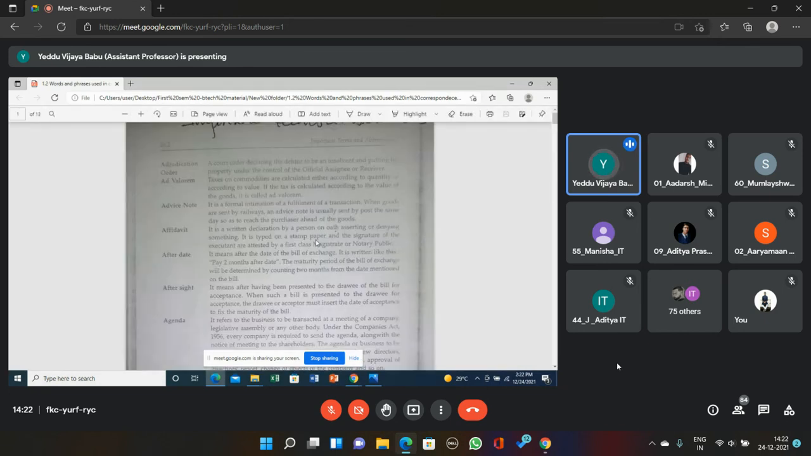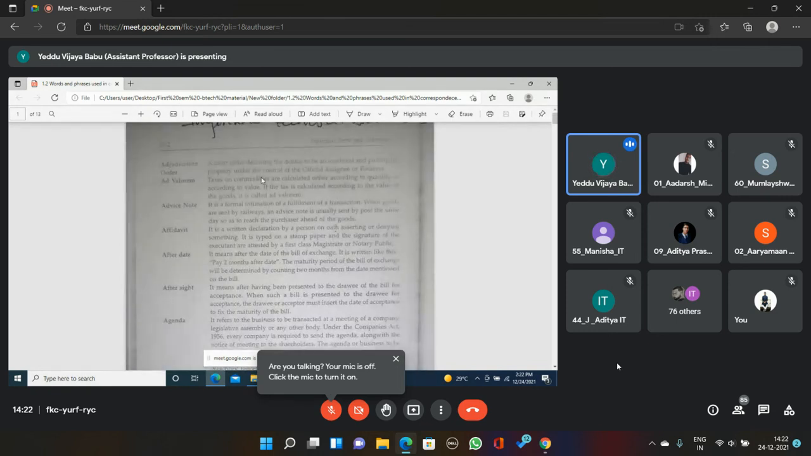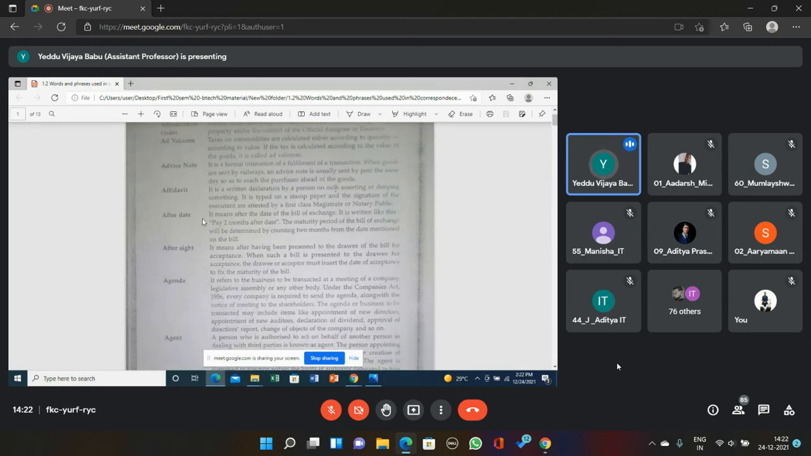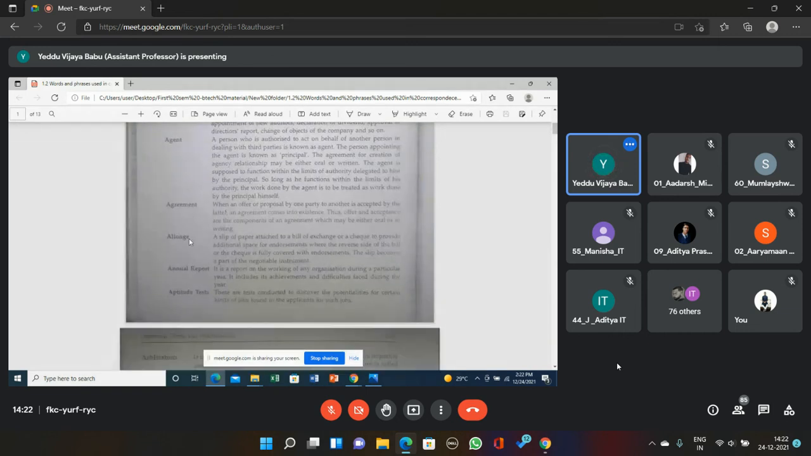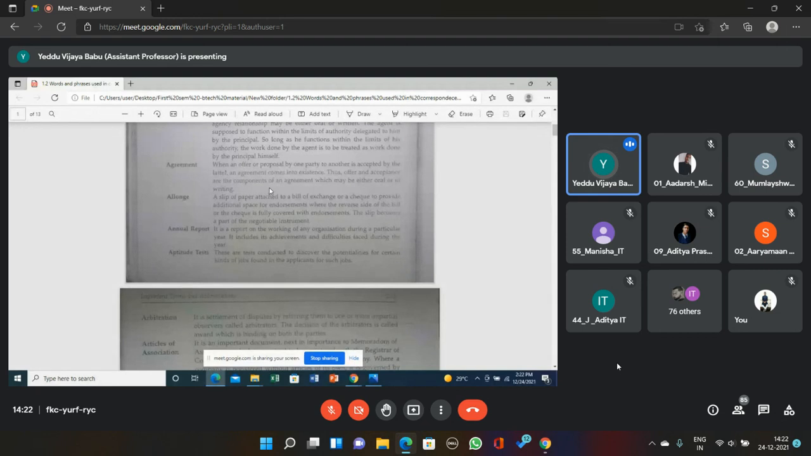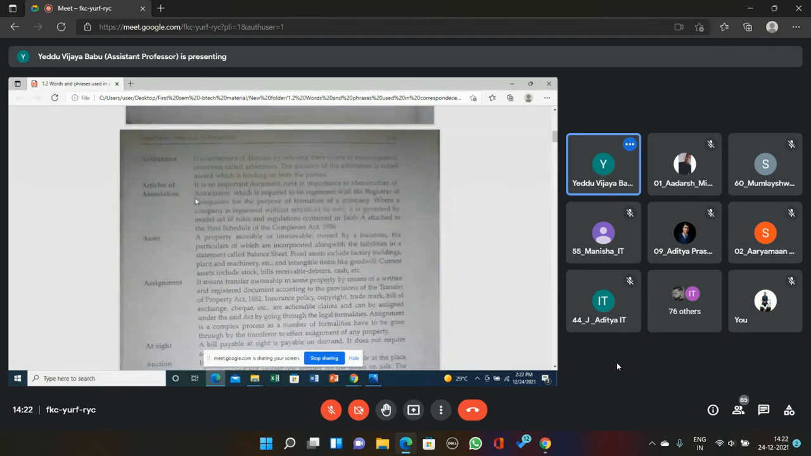Yeah, this is another study notes that shows you some selected foreign words and phrases, like ad valorem, with the meaning given here in English. Then advice note, affidavit, after date, after sight, agenda, agent, agreement. These are all foreign words, not English words, but we do use them in English because they have become part and parcel of English. Aptitude, abbreviation,